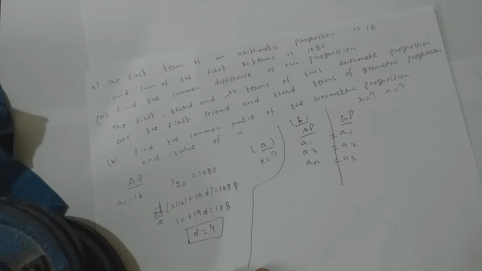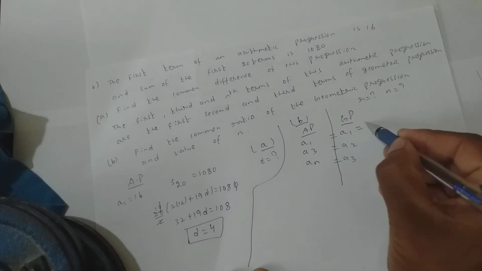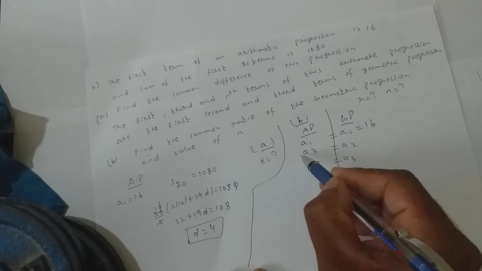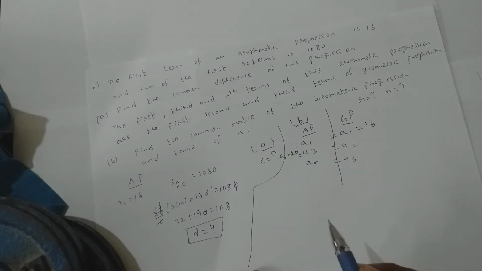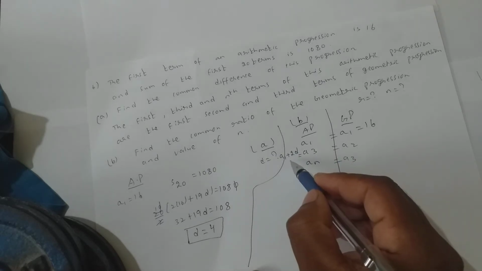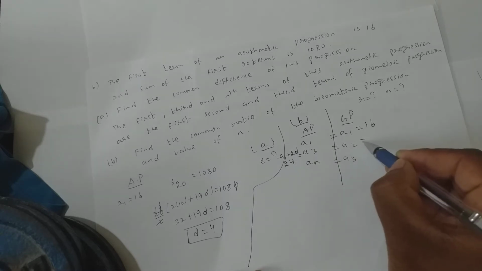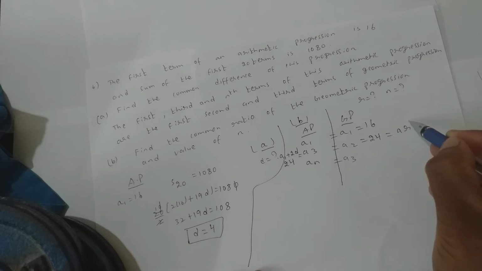Let us put it then. Do I know the A value in the AP? Yes, which was 16. So in both cases it is 16. Now d is 4. So how much will I get? A3, if I put in the An formula, A3 will be A1 plus 2d. So 16 plus 8, I get A3 to be 24, which is equal to A2, which is equal to A into R power 1.